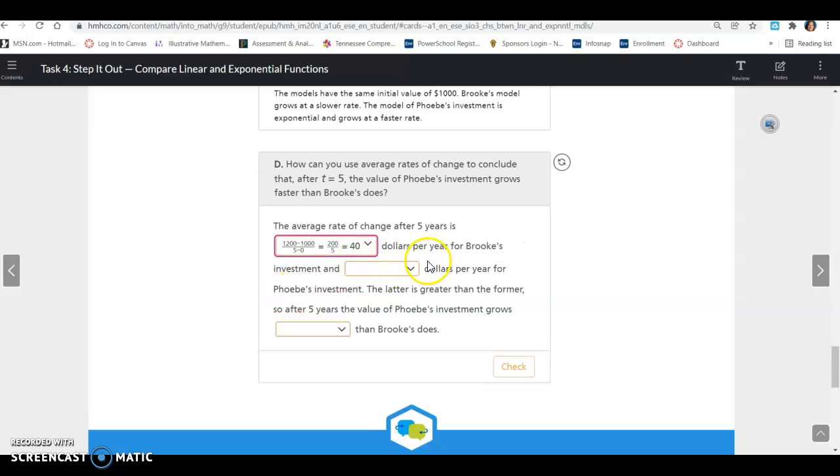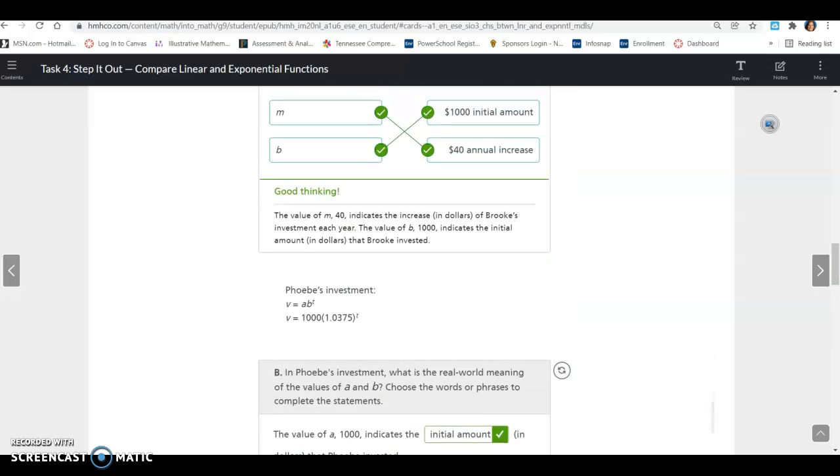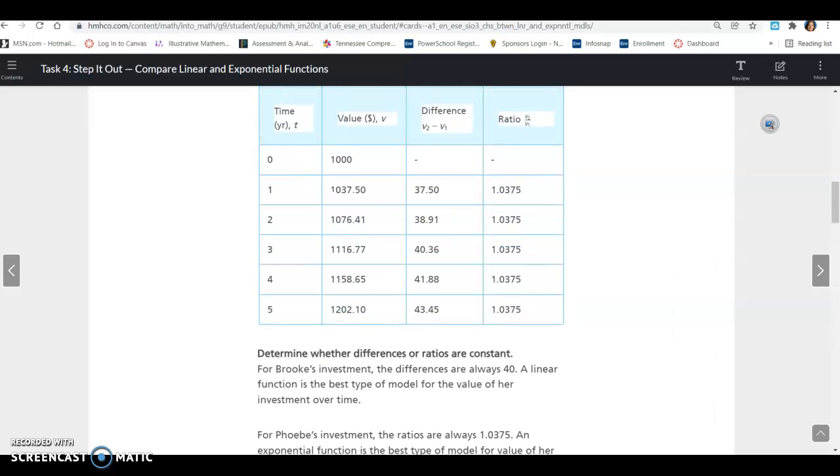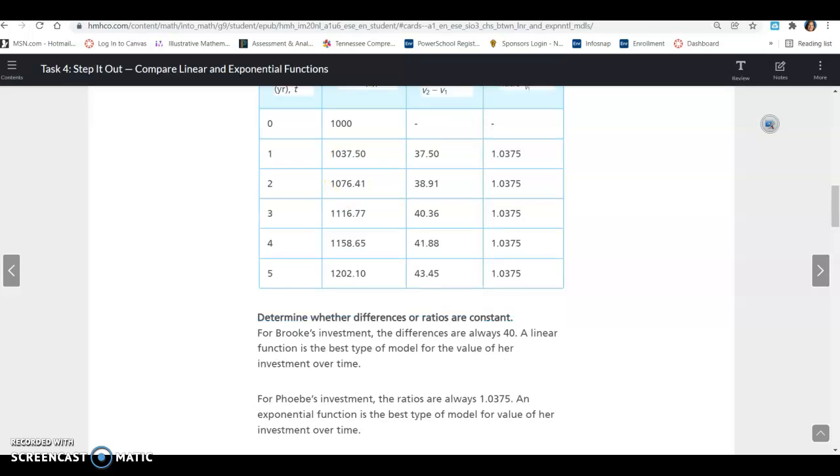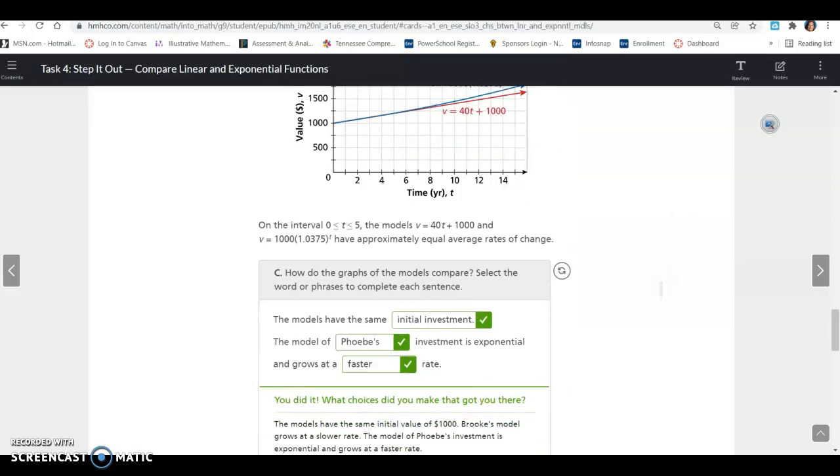All right. And then it says, and blank dollars per year for Phoebe's investment. All right. So Phoebe's investment, let's see. So it can't be 5 minus 1. It's got to be 5 minus 0. What was from the table? So it's going to be 1,202 minus 1,000 over 5 minus 0 again. So 1,202